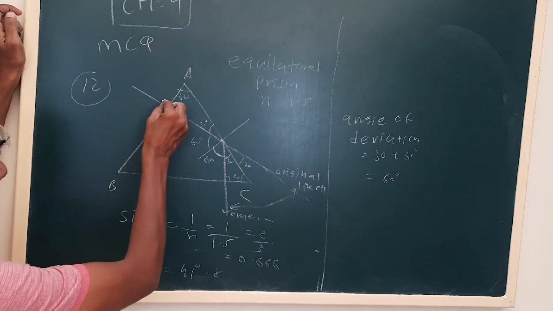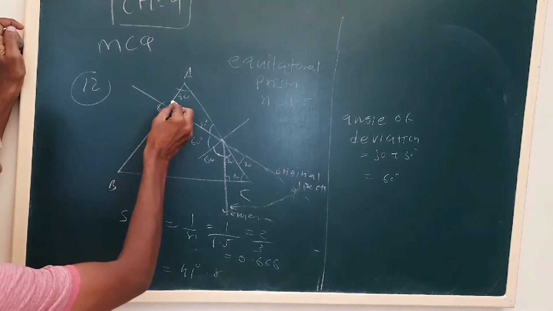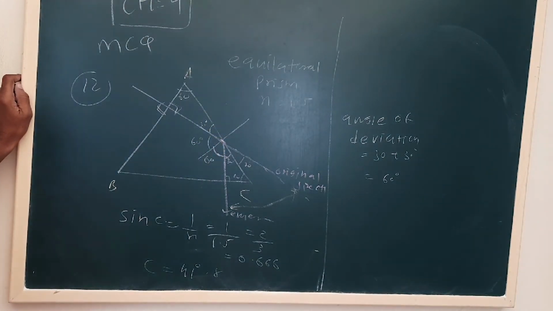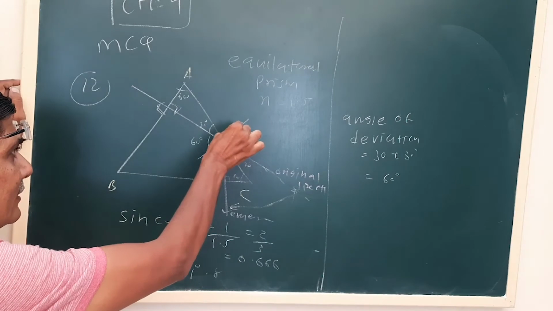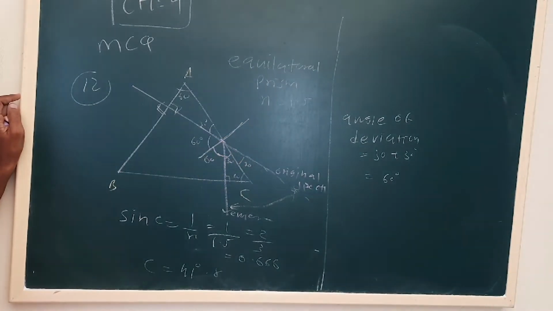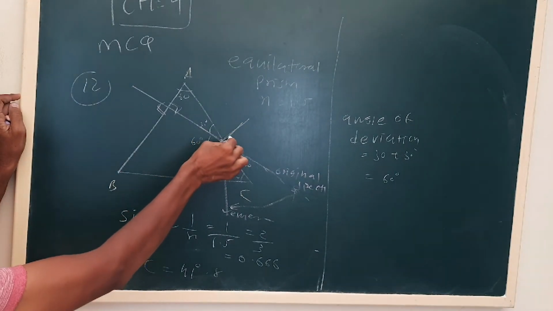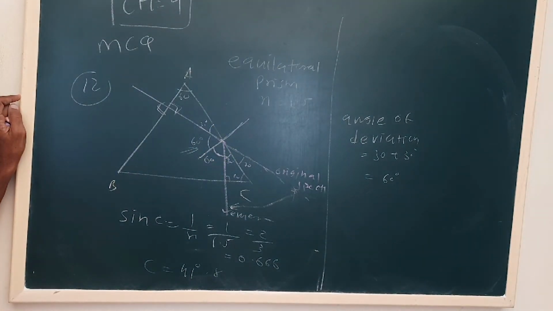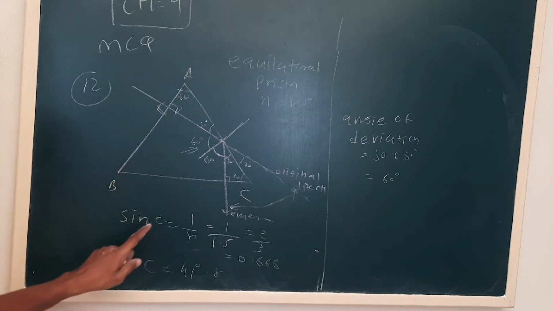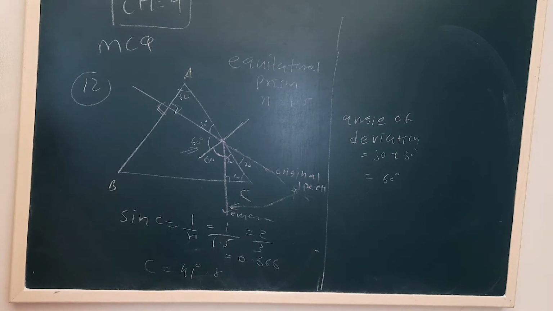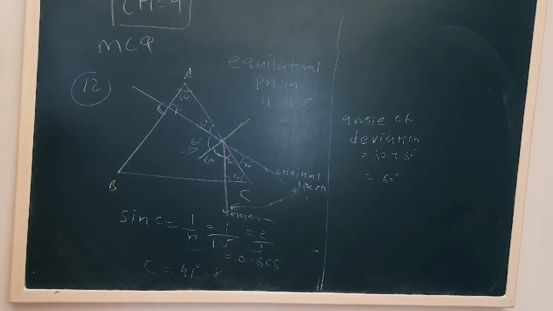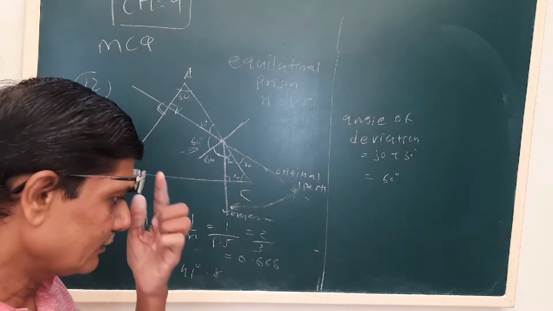Now the ray is incident at 90 degrees. This will also be 90. This is 60, so this will be 30 by the angle sum property. For the AC surface, the angle with the normal will become the angle of incidence. If this is 90 degrees and this is 30, which we have calculated, this is 60 degrees. By the condition of total internal reflection, we have checked that the critical angle turns out to be 41 degrees, since sin C is 1 by n. Now this 60 degrees is larger than the critical angle, so the ray will suffer total internal reflection.